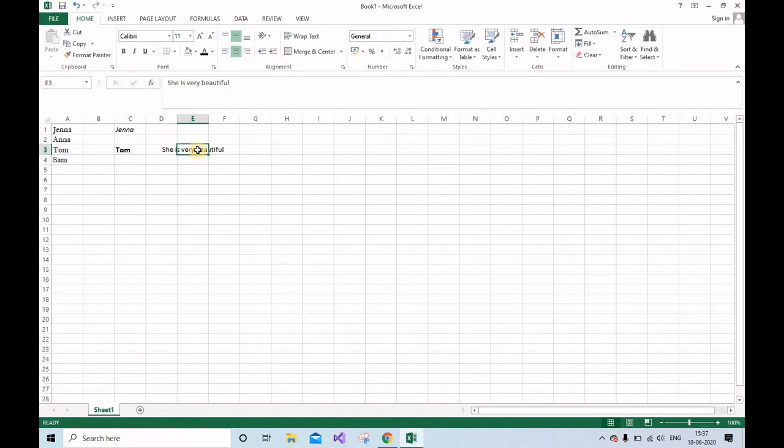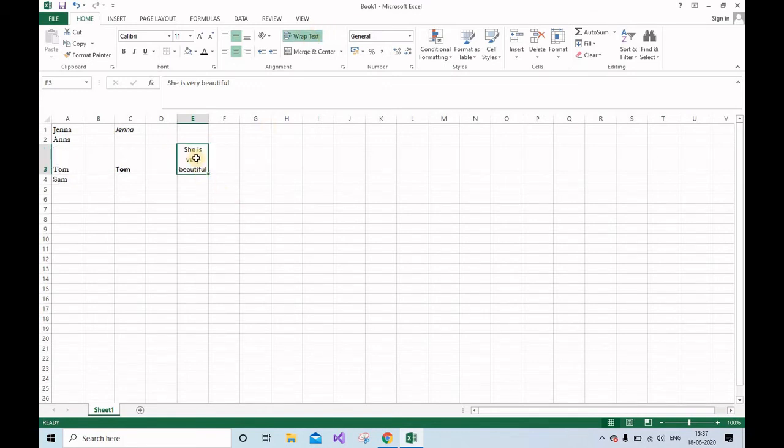Like if you see, the text is coming out of the cell. So if you want to wrap the text in one cell only, you need to select that cell and go to wrap text. This text will get wrapped in only one cell. Now you can set the alignment also like this.